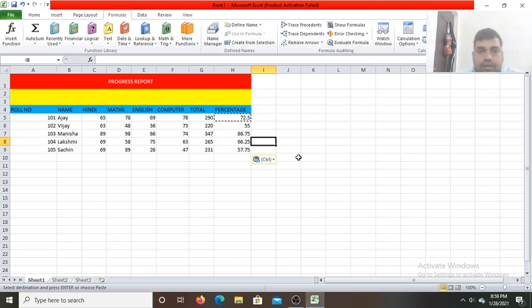Okay, so like this, in the project report file, you have to make 4 reports on different topics. Besides the progress report, you can take a weather report which is given in the book, any medical report, or you can take the sales report of a particular agency. So different types of reports you can create. In the report file you have to prepare 4 different spreadsheet reports.